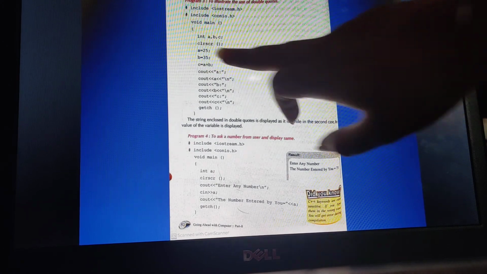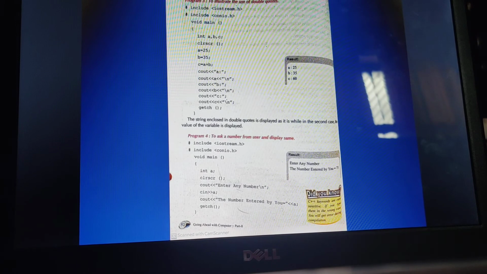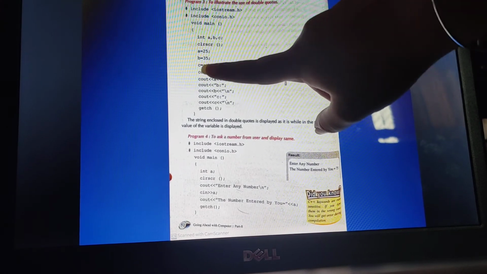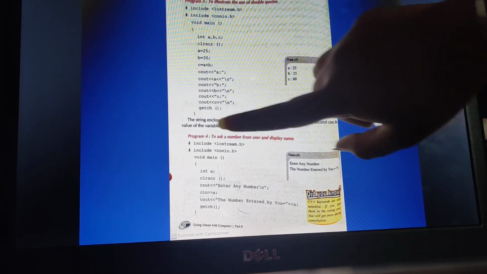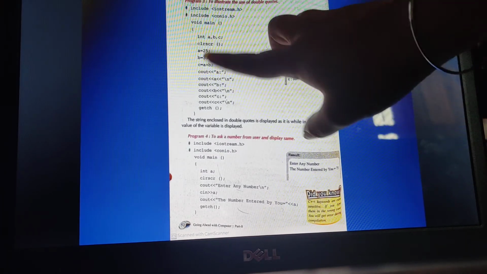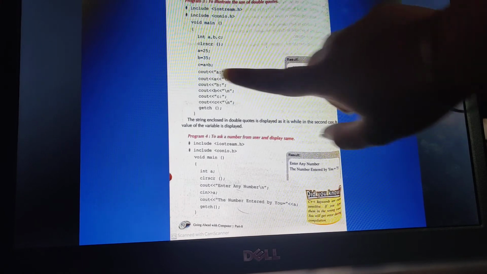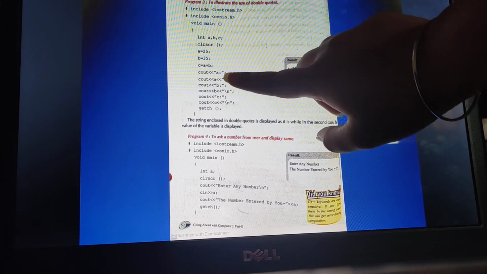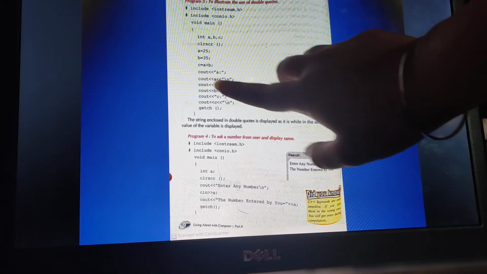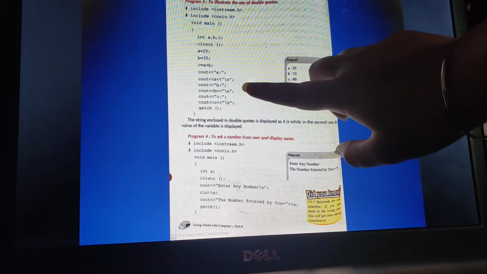How you will be doing it is, very first thing, you can write clear screen on top and then write int a, b, c. a = 25, b = 35, c = a + b. Now what we were doing earlier was cout << c, and we were getting the output instantly. But now here we are taking the values also. cout << "a:", how you want it to be printed on the screen, and then cout << a, and then you are pushing the value.